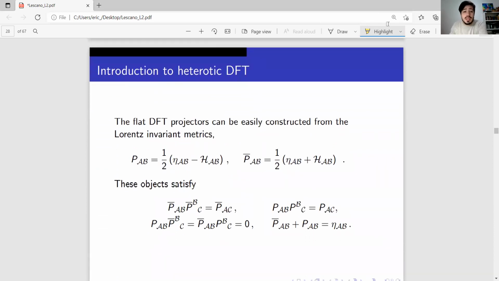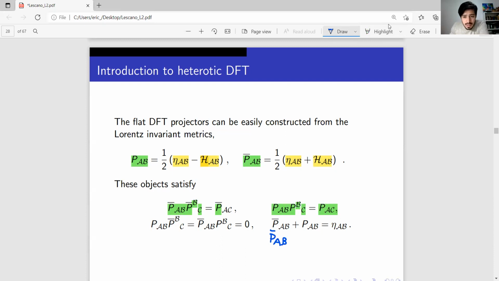So sometimes, instead of using this invariant metric, we use projectors. These projectors, of course, are constant. These projectors are very useful for constructing, for example, the action principle. These are projectors in this way that the product of two P gives a P, the product of two P bar gives a P bar. This is the relation. We have the sum of the projectors gives one invariant metric, and if we do this,